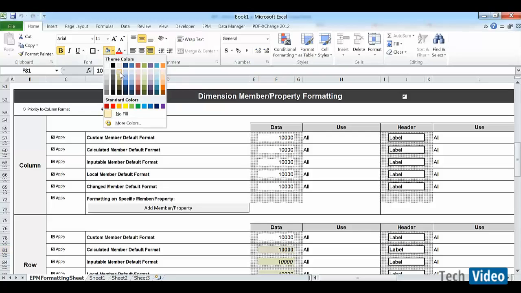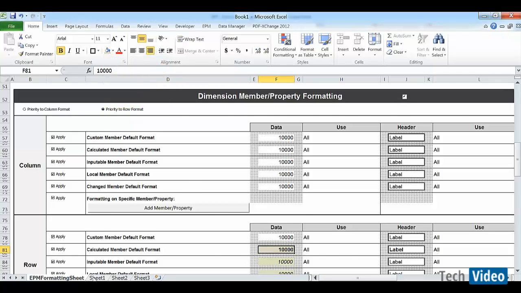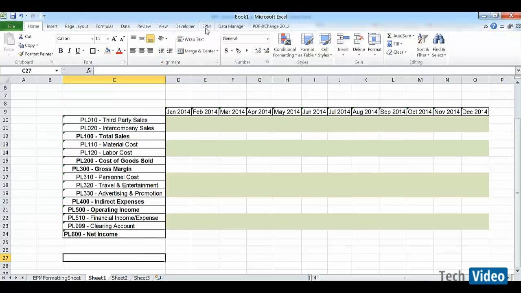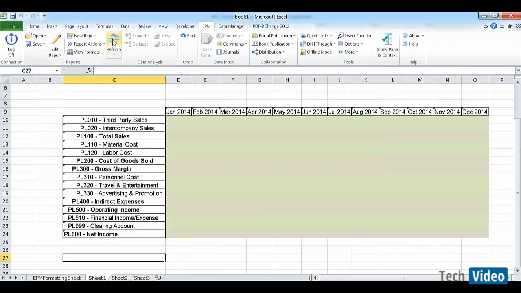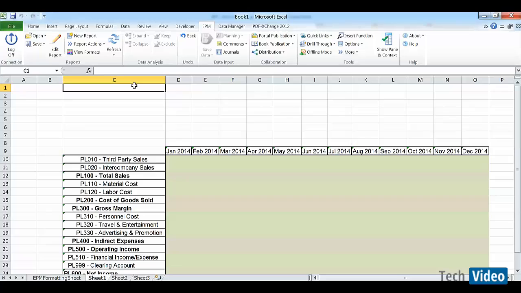We can put gray color here, and then if we refresh this again, it will be gray colored now. Okay, so this is our P&L statement basically, and let's finish this report by